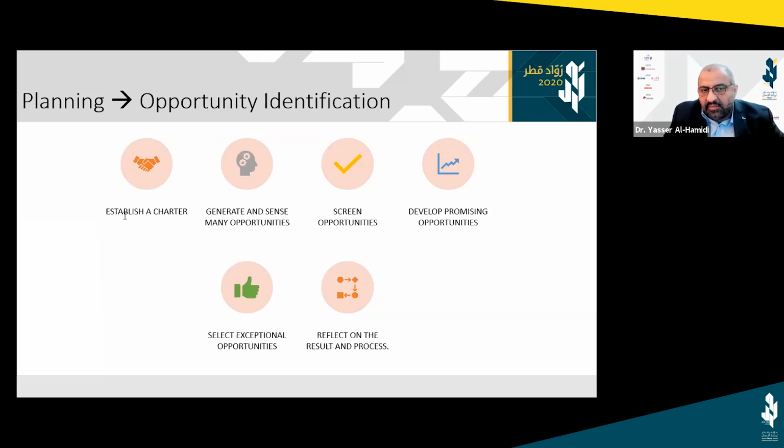And this process is simply, you need to establish a charter. This is an innovation charter, just simply to limit the scope of your search in the market. So you have to have some constraints or boundaries for your search. Then you need to start gathering and collecting a lot of ideas, and you check within the charter here. You need to collect a lot of ideas, and you screen these ideas to basically come up with